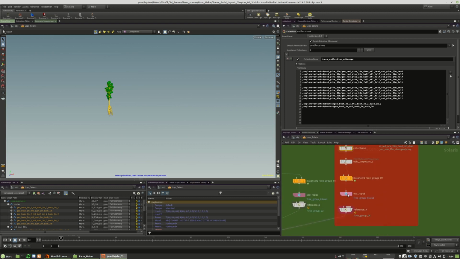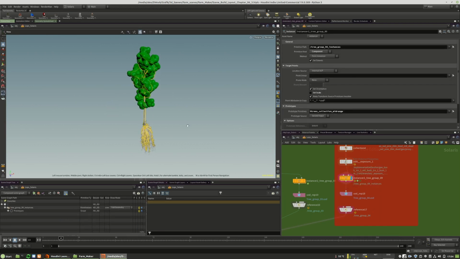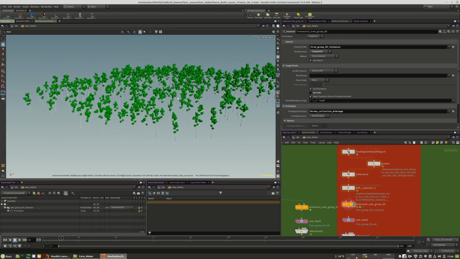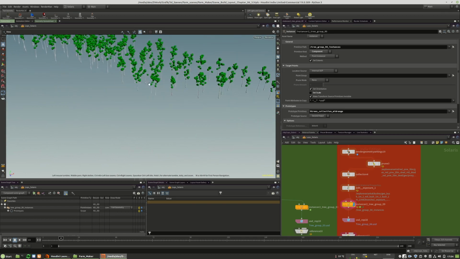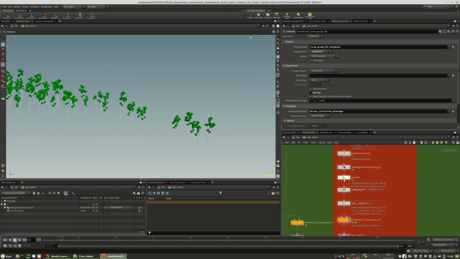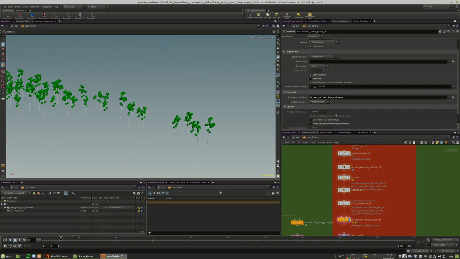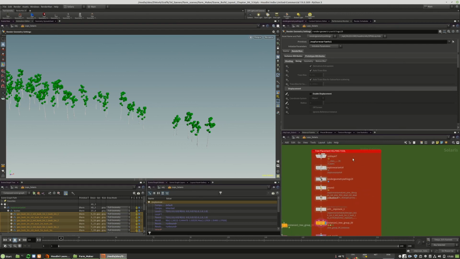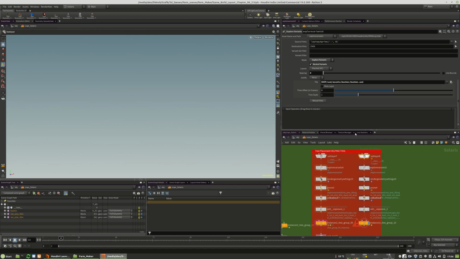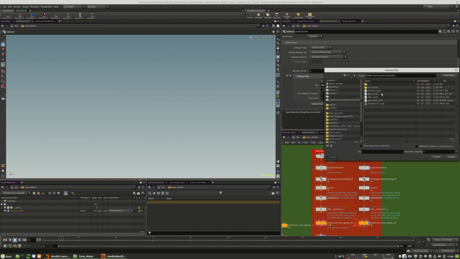So, and now we will look through it. Here they are. And we are not seeing any of those bushes. So what we can do, I think it's because of the prune, or do we have, we can even do the bushes differently. So we can copy this one, and here we have, oh, here we have only our bushes. So right in here,